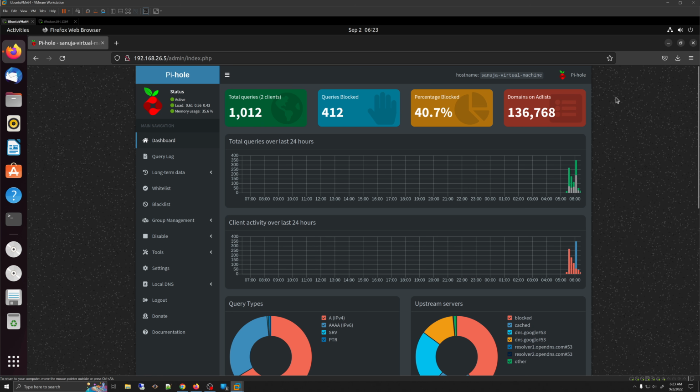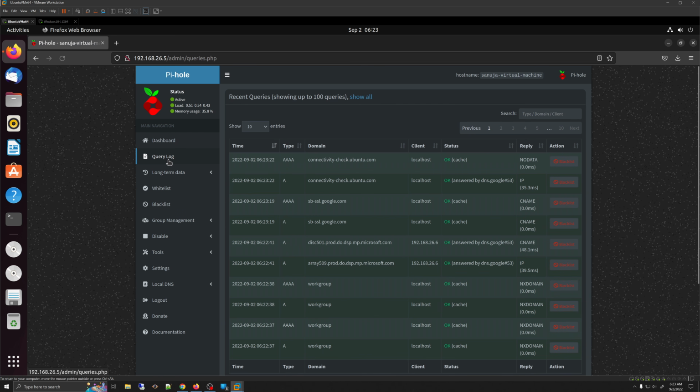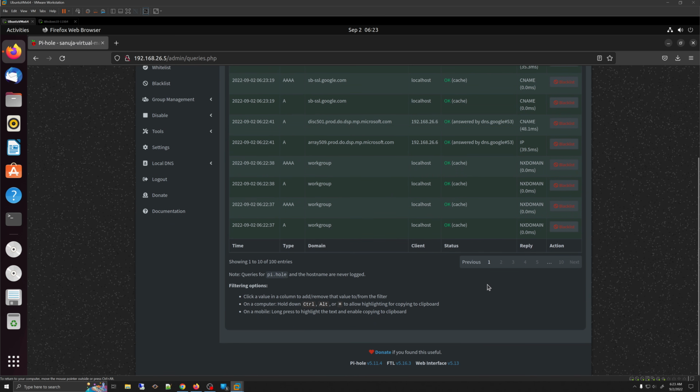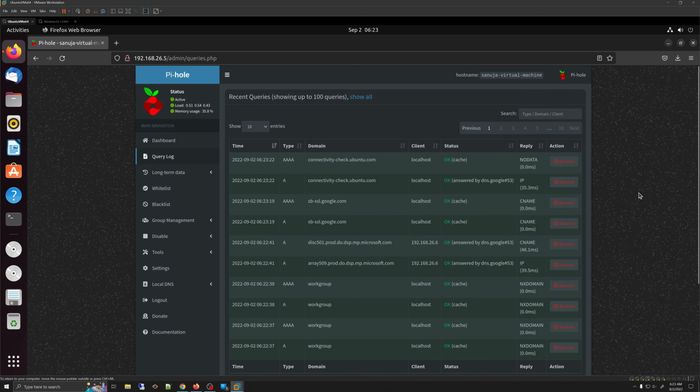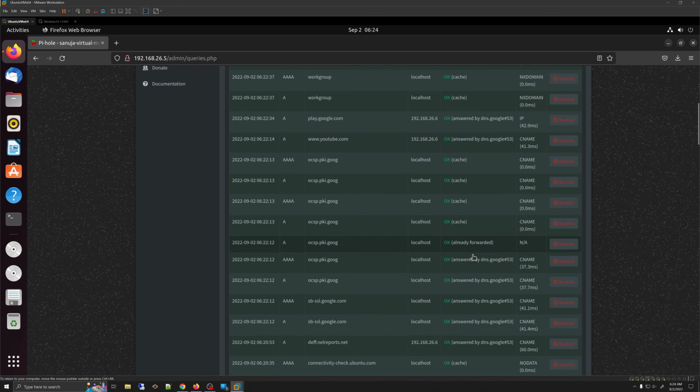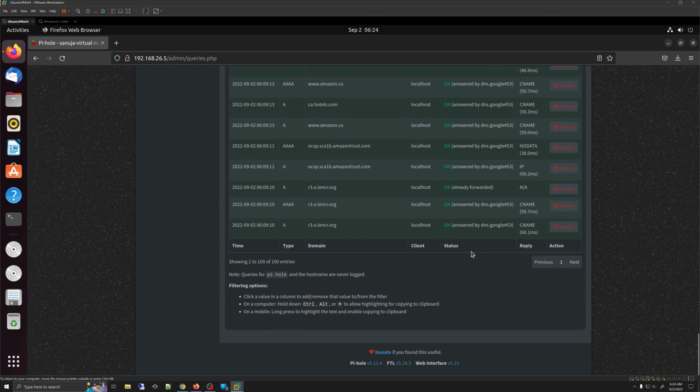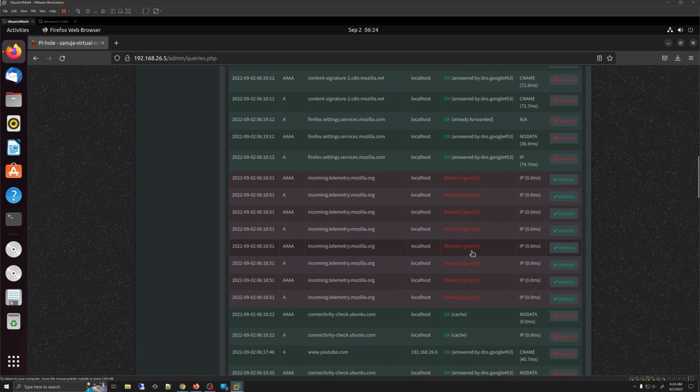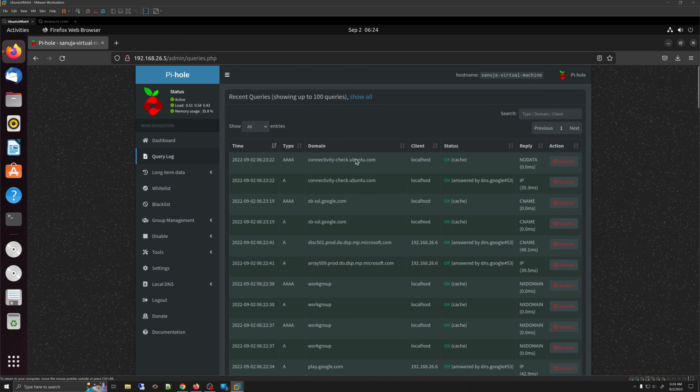Now I'm going to go through a few other options on the left hand pane. The next option I'm going to show you is the query log. I went through this a little bit when I was clicking through the Pi-hole a few minutes ago. The query log basically shows the log of all the data being passed through this Pi-hole, and it includes the type of data, the time at which this